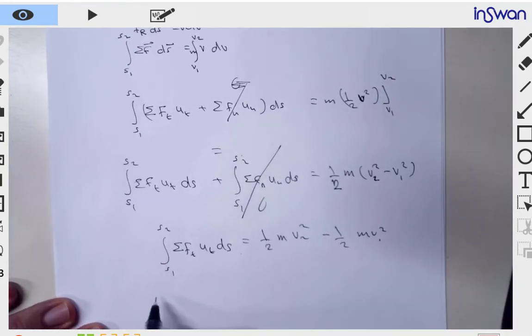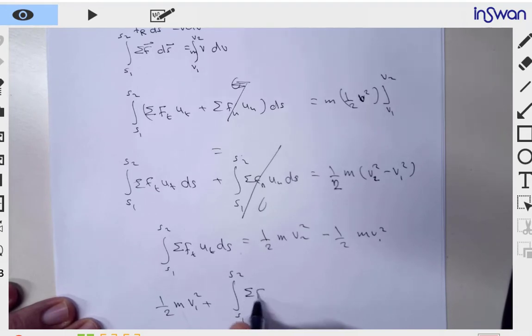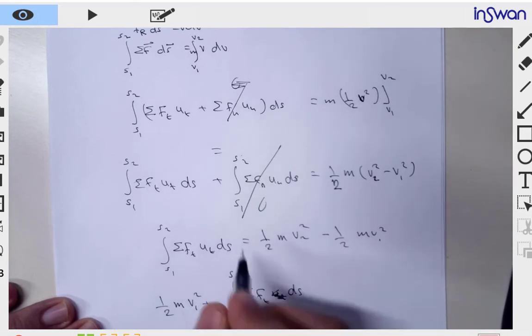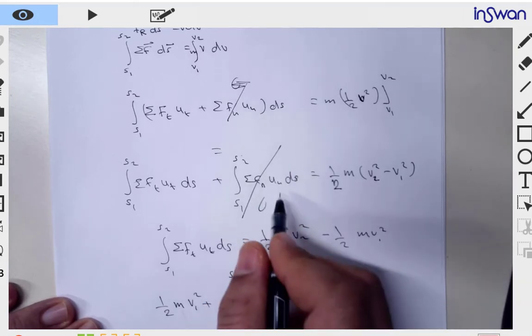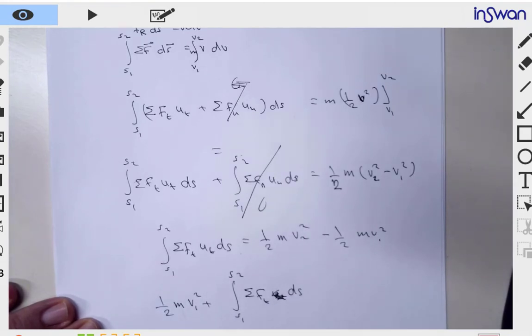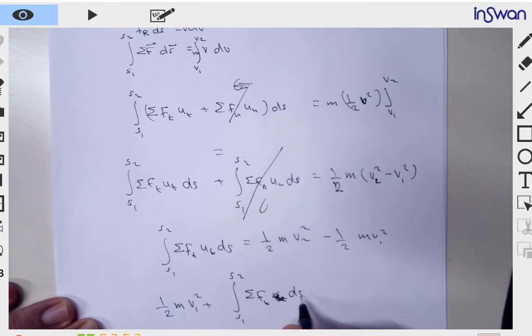I can rearrange and say it's equal half m v1 square plus the integral from S1 to S2 of summation of tangential forces ds, and in fact I don't have to put ut because I already dropped the un, so it's a scalar quantity, equal to